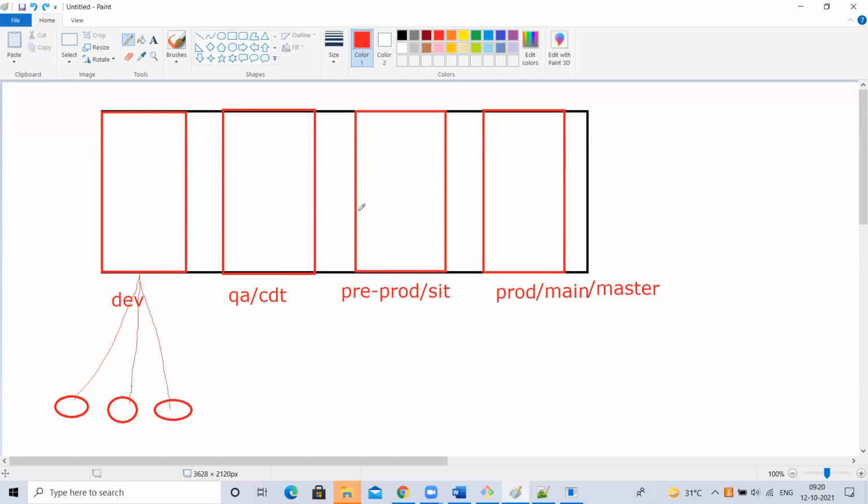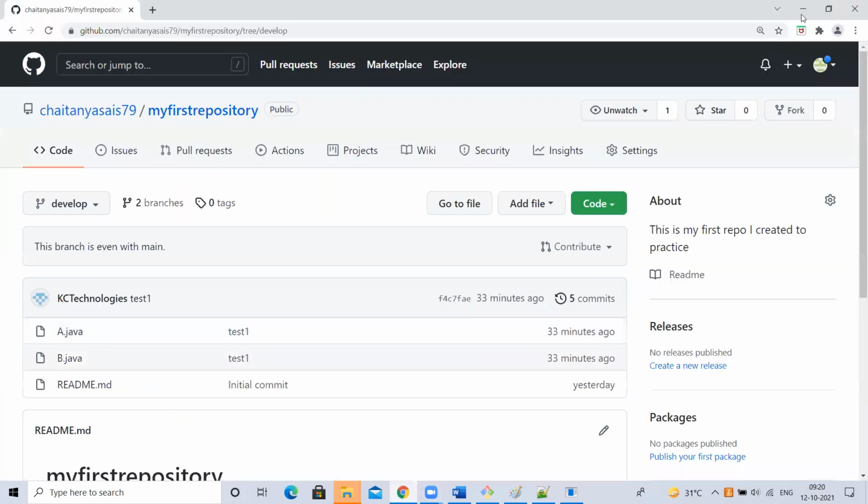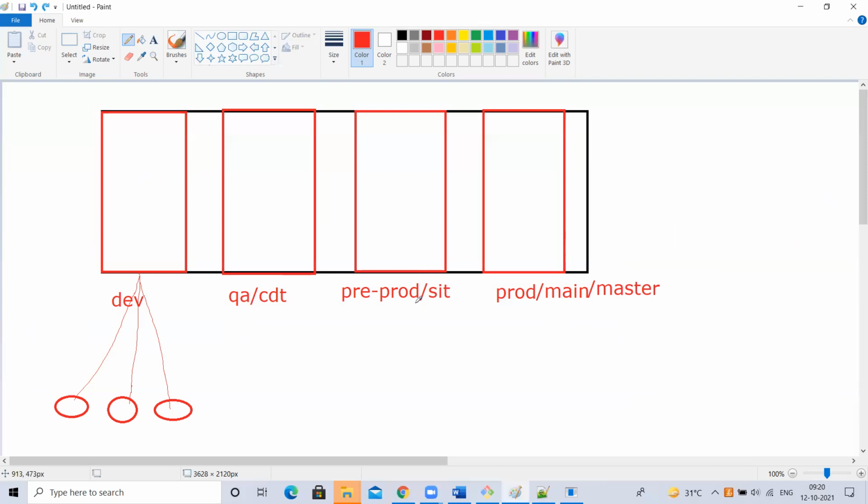Next, while creating a new branch, it cannot be an empty branch. It has to be created from some other branch. Then whatever is present in that branch will come here. Initially, while creating a branch, we connect to one branch and create from it. Yes, exactly. Whatever files are there in the parent branch will all be copied to the child branch. That is not called the parent branch. It is called the from branch. Okay, the terminology is from branch.